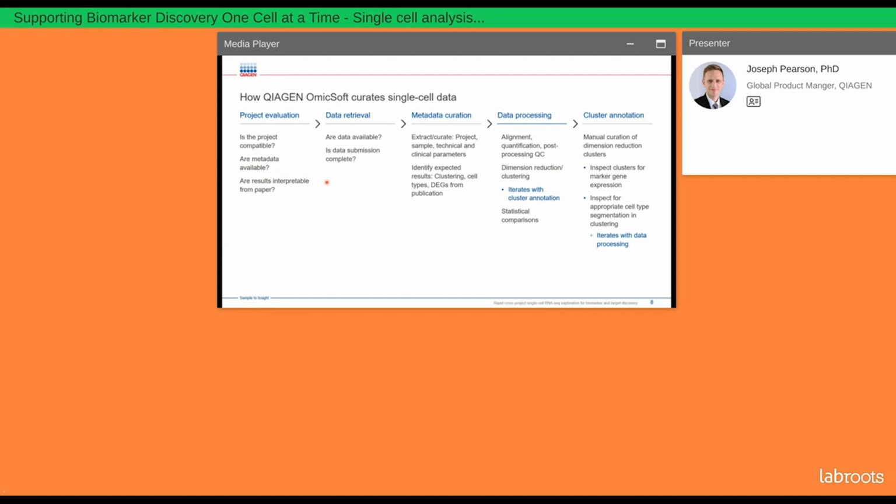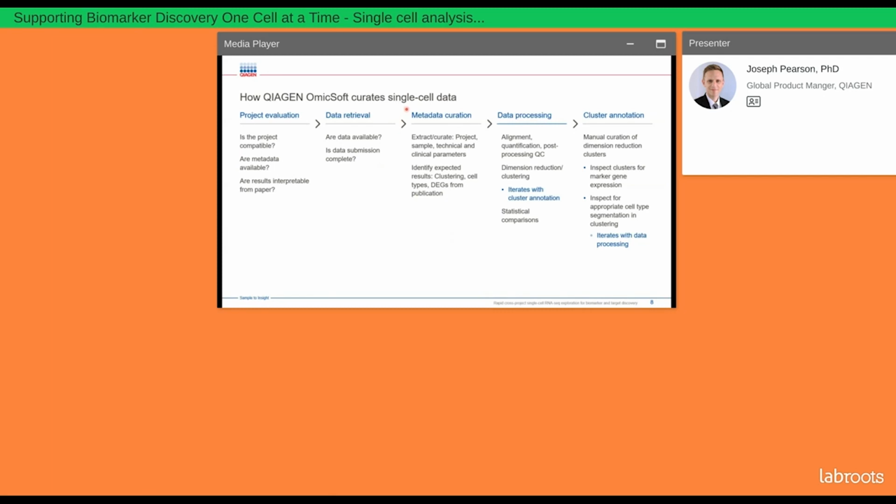After the metadata inspection, our bioinformaticians inspect the actual data and make sure that all of the data that are supposed to be deposited into the repository were actually available. And if those data are available, is the data submission complete? Did they include all of the necessary metadata to parse the data and process it, such as barcodes, UMIs, and so forth? If the data set passes these initial QC steps, our biologists use an extensive curation process to clean up the metadata